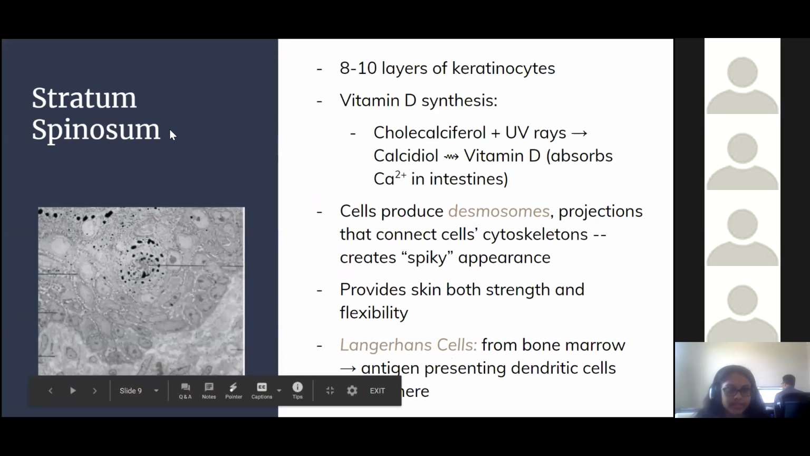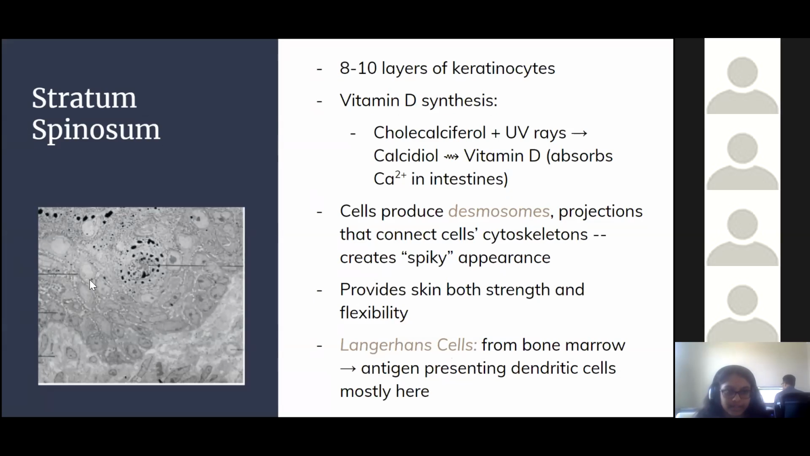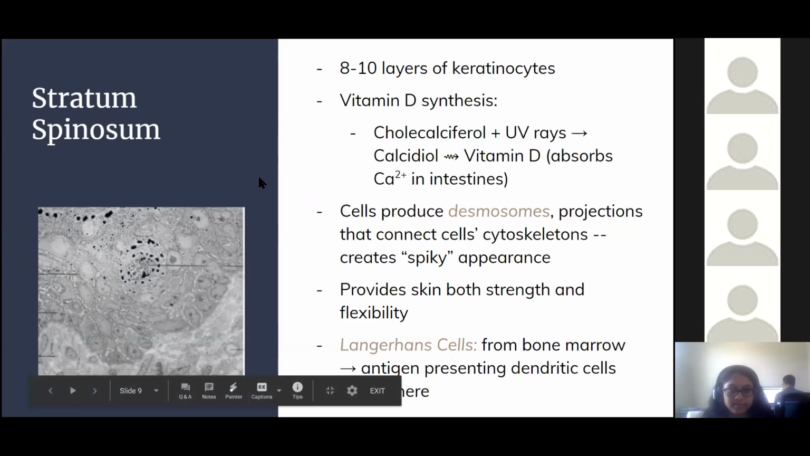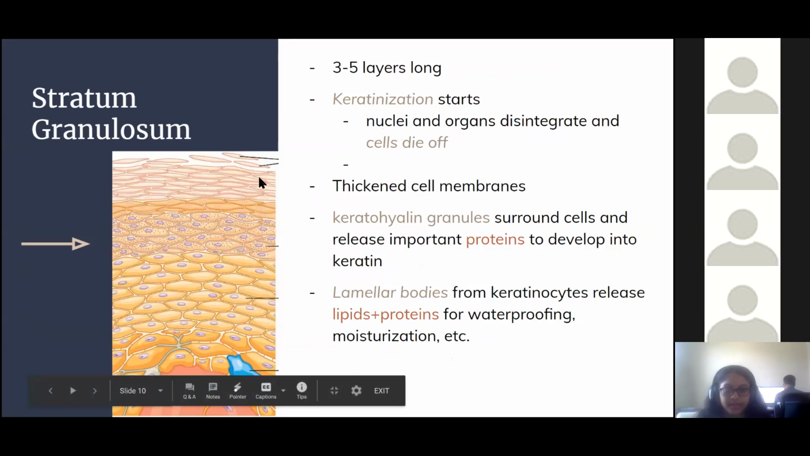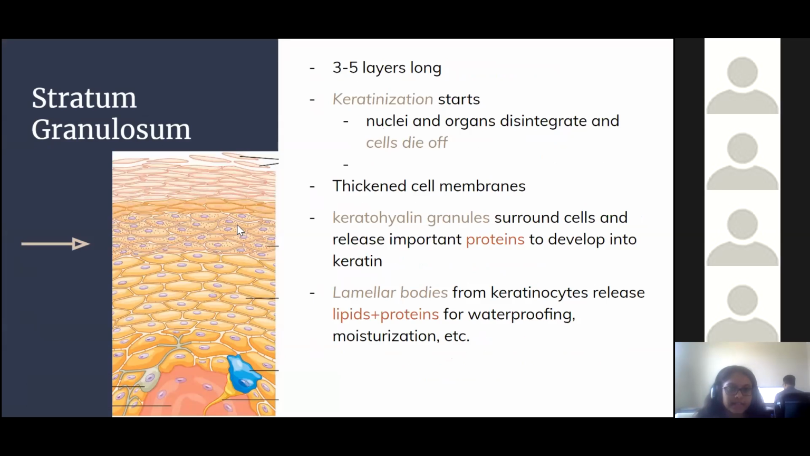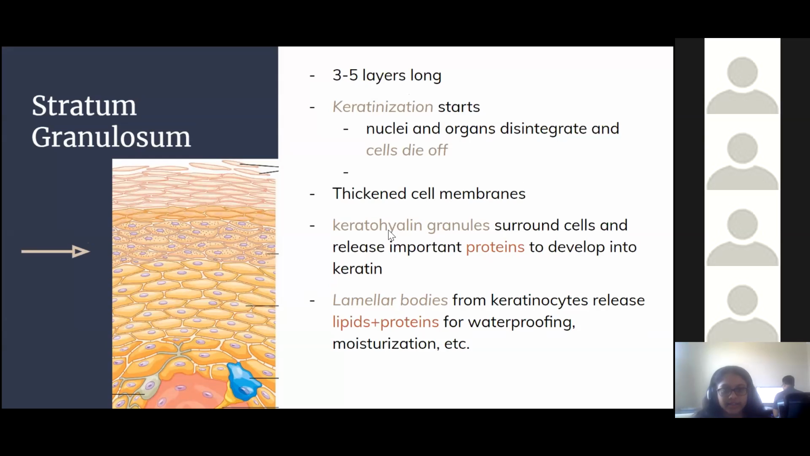Yeah, this is another picture of the stratum spinosum over here. Okay, so now the stratum granulosum. This also has a very interesting appearance. Instead of being spiky, it looks granular. And the reason why is because there are these things called keratohyalin granules. And these contain all these different proteins. They have a lot of uses, but eventually they turn into